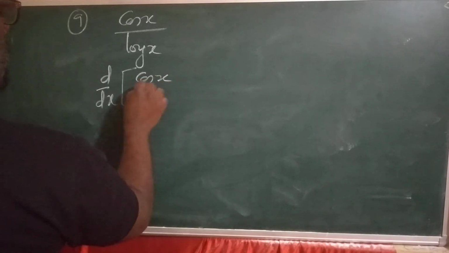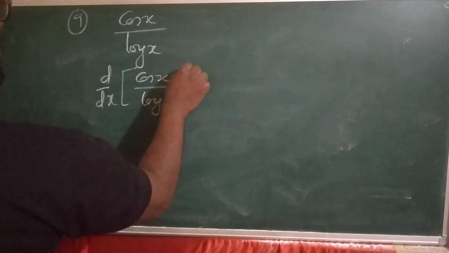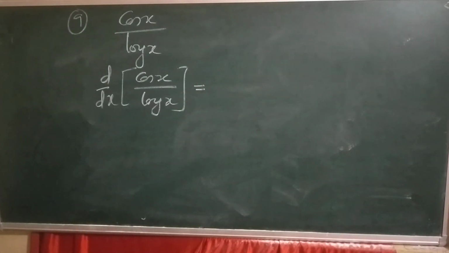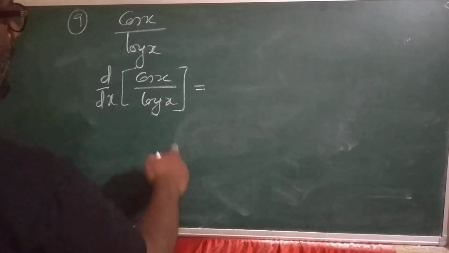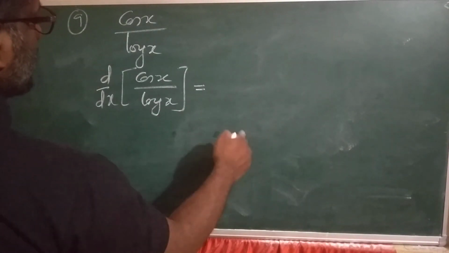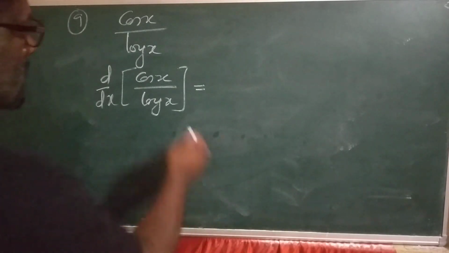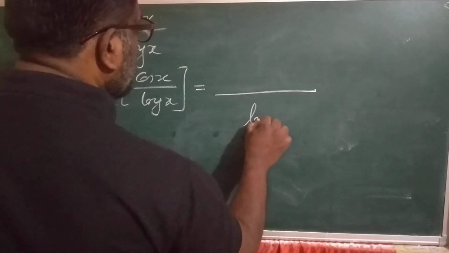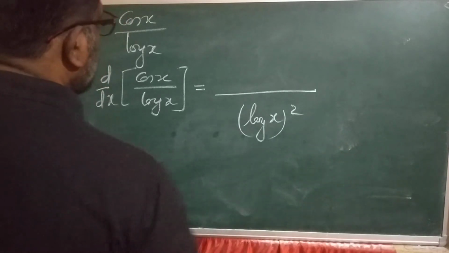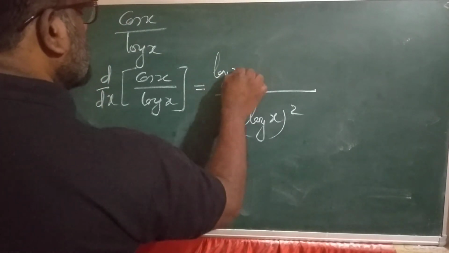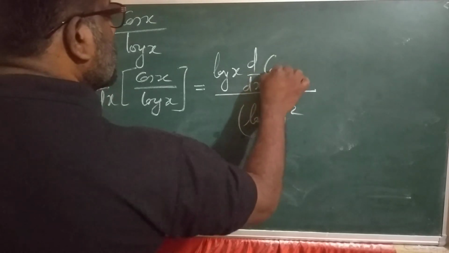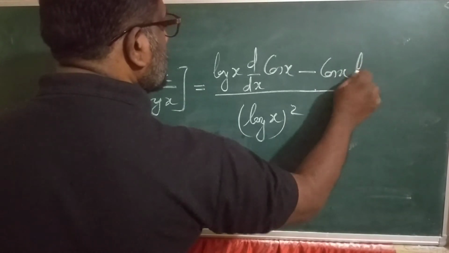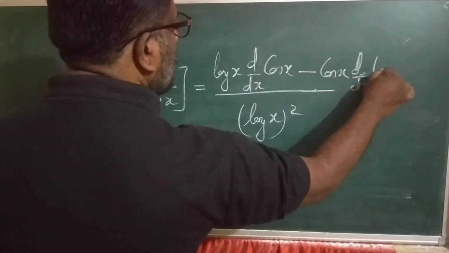derivative of cos x upon log x. As we know that for this type of function u upon v, first v square in denominator, then denominator times derivative of numerator minus numerator times derivative of denominator. So our denominator is log x and numerator is cos x only. So log x square, then log x times derivative of cos x minus cos x times derivative of log x,